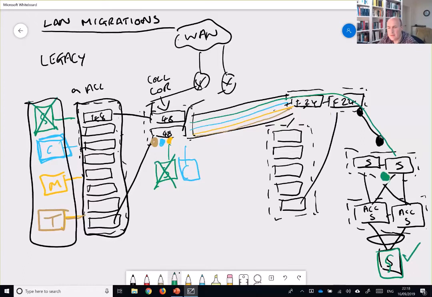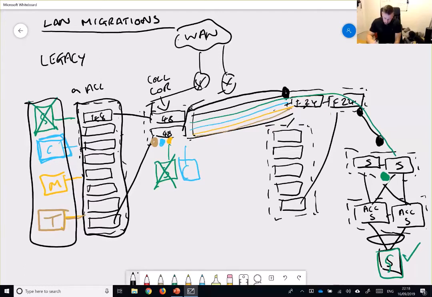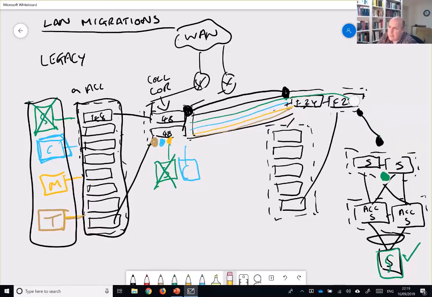And that means that, in order to, this would have to have some kind of routed link over to the old core as well. So is this looking all right from an understanding perspective? Yeah, that's cool. The only thing at that stage, I guess, is you would prune back that green VLAN off the trunk as well, right? So that would no longer need to be extended. I'll just rub it off there.